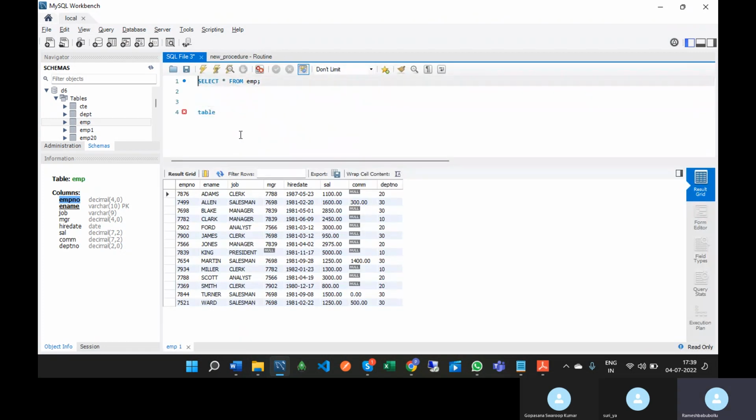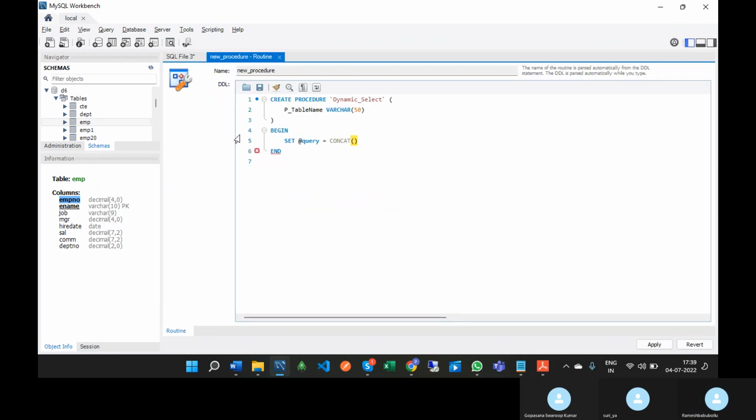This is our regular select query, and based on this we need to write the dynamic query. So first one is select, and here you can write select star from, and here you write the table name. The table name we are getting as a parameter,